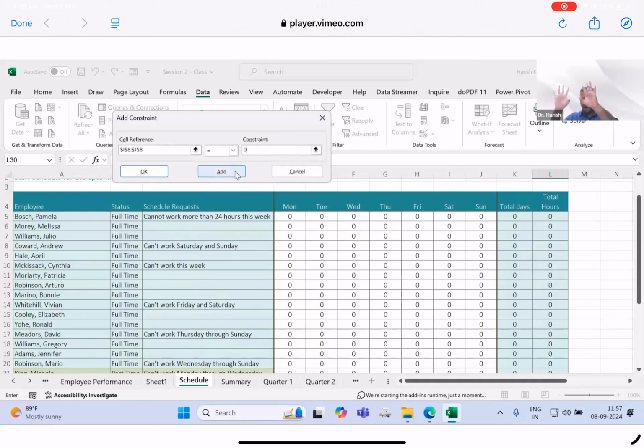So any confusion? I'm considering the leave requests for individuals now. The third one cannot work on Saturday, Sunday. So in the case of Andrew, row number 8, Saturday, Sunday should be 0. Make sure my software considers that 0. That means not to assign any duty for Andrew on Saturday, Sunday. Other than Saturday, Sunday, he is available for all of the 5 days. Right? If I click on add,